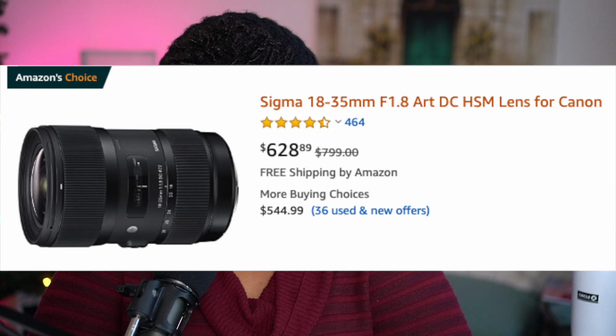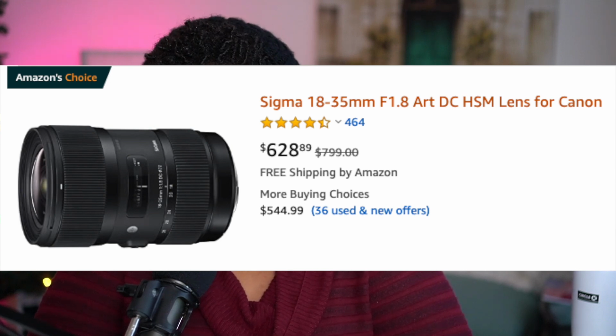There is the Sigma 18 to 35 millimeter f1.8. It's like $600. Everybody raves about it on YouTube. However, when it comes to YouTube content, I have learned for the most part not to take reviews so literally. What I mean by that is that I want to make my own decision, because anytime you're spending a few $100s to a few $1,000s on something, you really better know that this is for you or not. I spent so much money solely going off of reviews or reviewers that you kind of come to trust online, and then you get it in the office or in your space, and it's like, this isn't working for me,